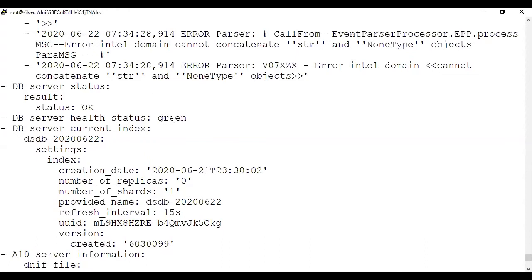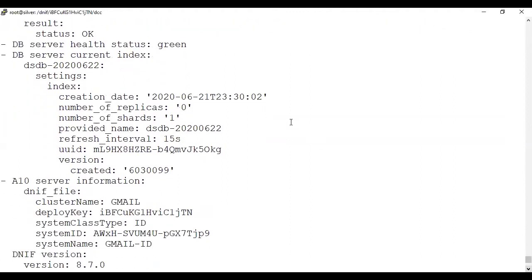If you see it on the front end of your GUI, this is given in the green color area, and that's where you see the node number and what the DB server current index is. Currently the index is given as DSDB hyphen year 2020, 06 month, 22 date. And what's inside it, and when was it created? The time is in UTC time format. Is there any replica? If I have given any clustering with replication, here it would be replication. These come from the configuration files which you have set. Is there any shard count which you have provided? You can see the shard count, and there's one more over here.